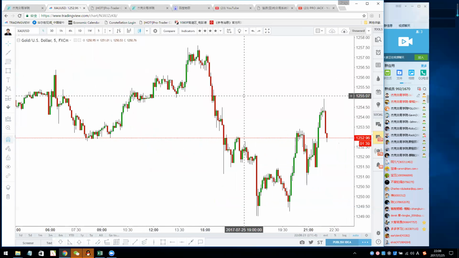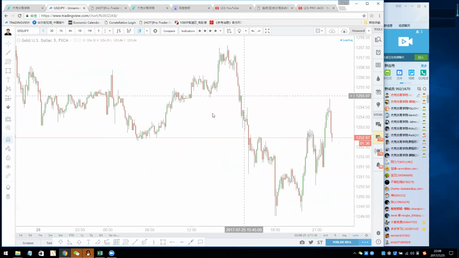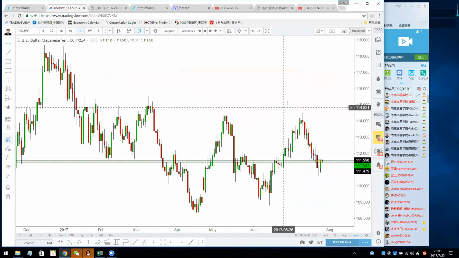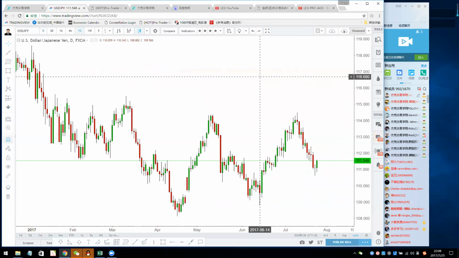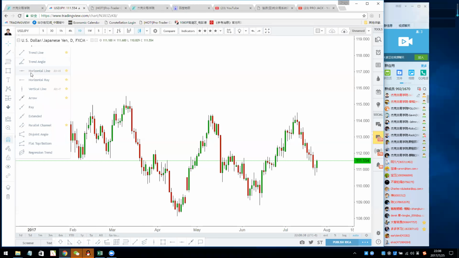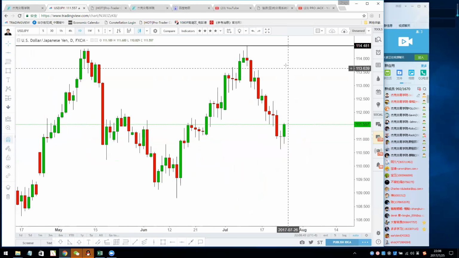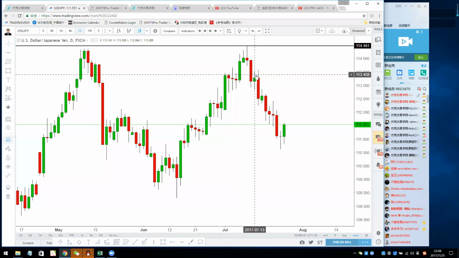Okay, so lastly, let's go to dollar yen. Okay, dollar yen has been bearish for quite a while, for the recent 2 weeks at least. Okay, I mentioned that the dollar yen has a very strong resistance at this area, 114.48. Okay, it just touched and formed a pin bar. So I say we can short dollar yen, we can short euro yen, we can short sterling yen, we can short Canadian yen. Basically, okay, we short all the yen pairs and it's really doing good.